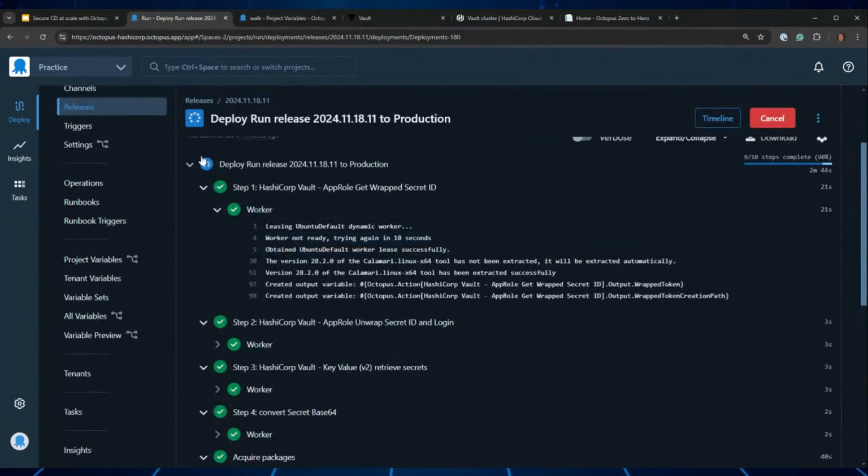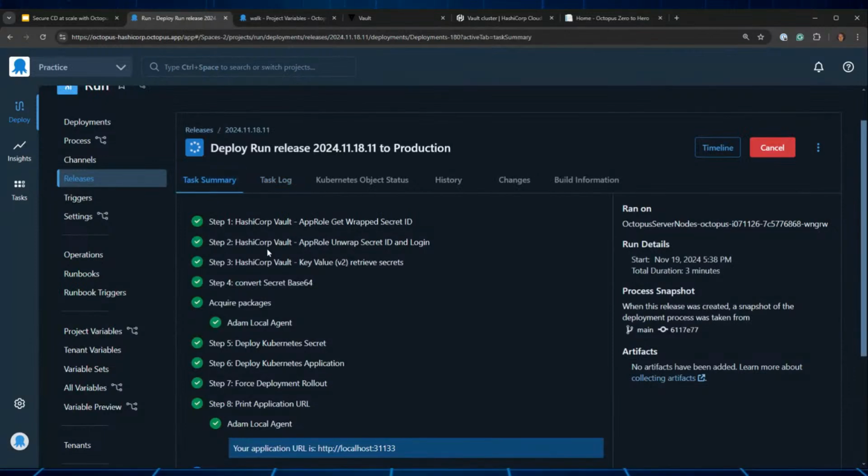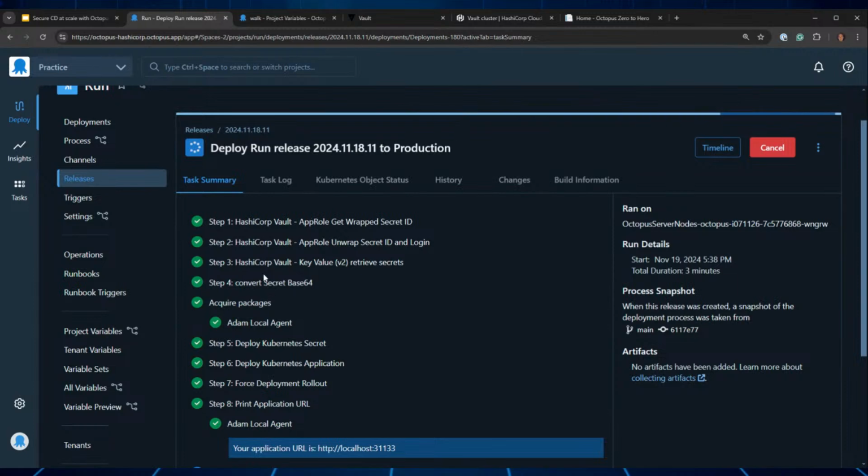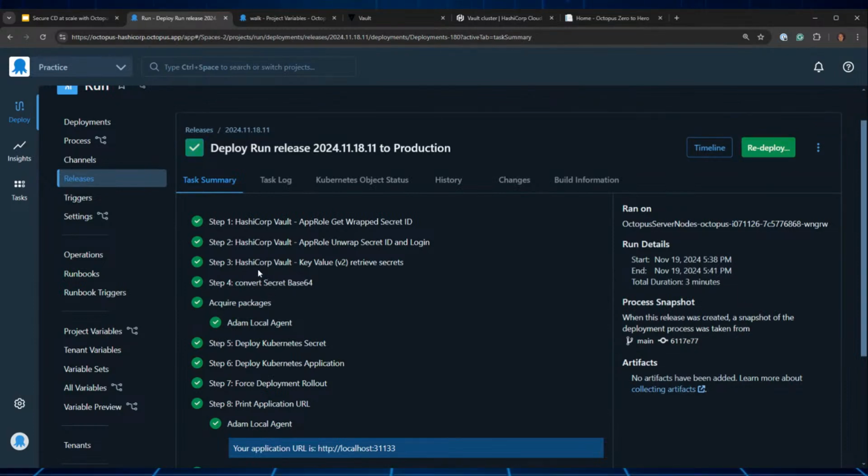We can see here from my task summary, okay, what's happened is we've logged in to Vault, okay, and we've pulled the secret back using this step here. And Octopus has then used that secret to inject that into my deploy Kubernetes secret, right? So you can see again, we've logged into HashiCorp Vault. We have pulled the secret back that we want for this application, and then we deployed the secret out and the application. Okay,